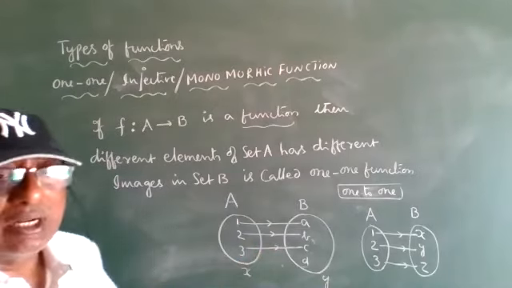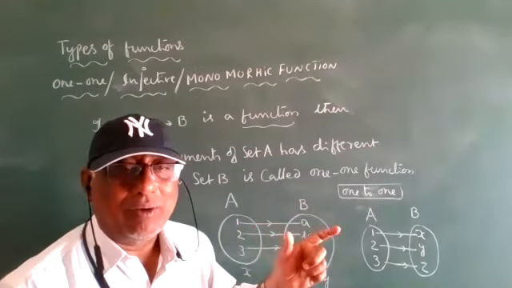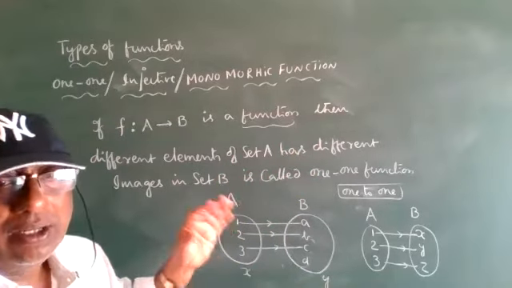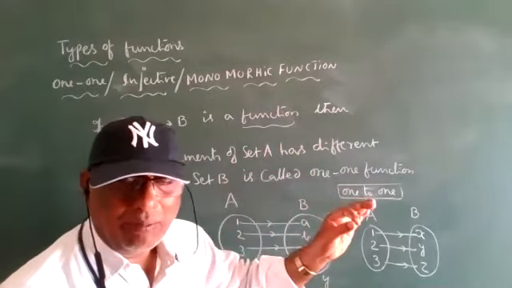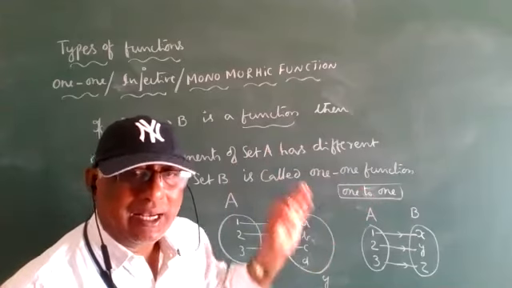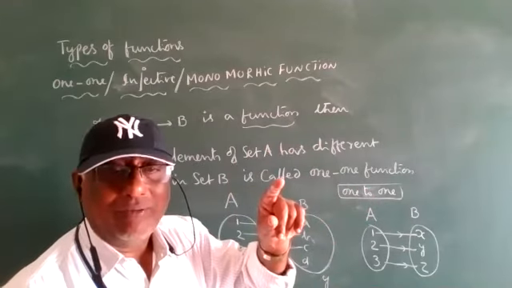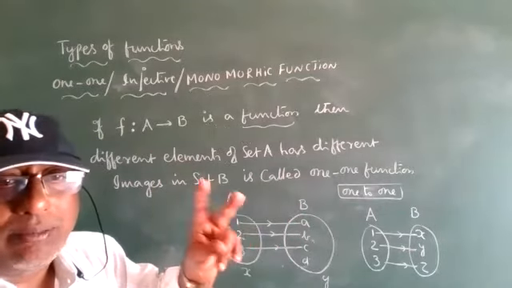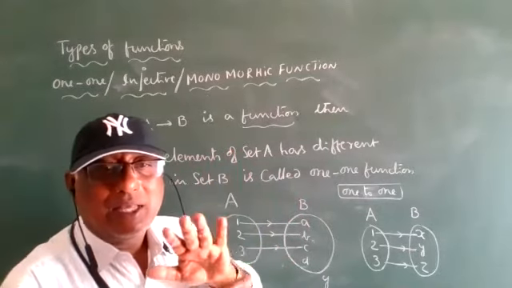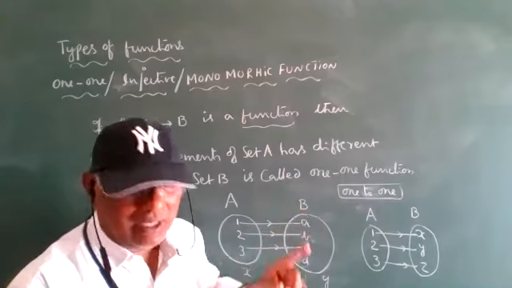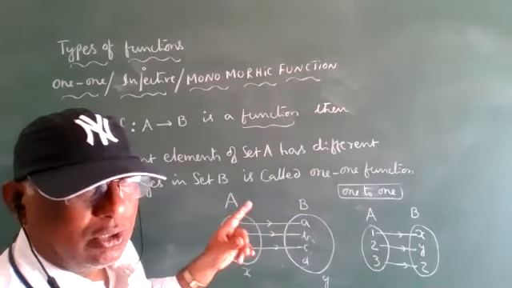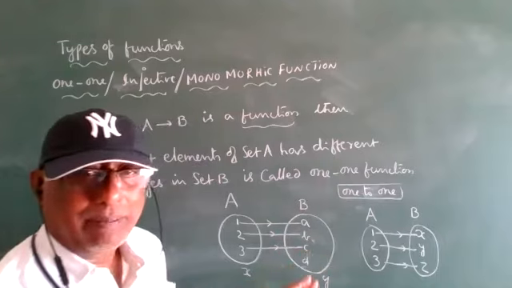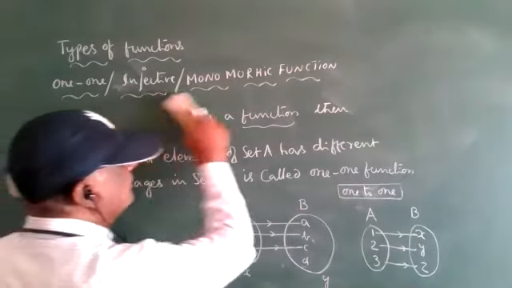So for a 1-1 function, what is the condition for solving the problems? For the working procedure, next I will write the number of 1-1 functions. Next, the graph of the 1-1 function I will explain. What is the graph of the 1-1 function? If two images are repeated, then it is not a 1-1 function. I will draw the graph, so graph representation also I will represent. Everyone observe.